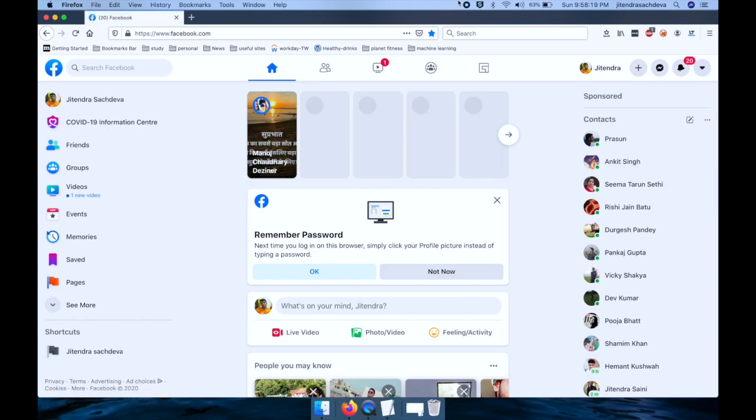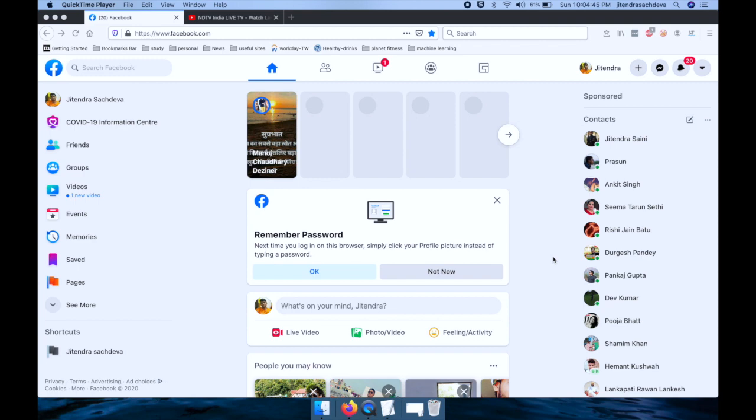So the next thing I'm going to tell you is not very much related to Firefox, but is actually useful on a Mac. Many a time you want to do multiple things at the same time, right? You want to watch a video and also browse your Facebook, or you want to read some article on Quora, or access your Twitter while watching YouTube videos, right?